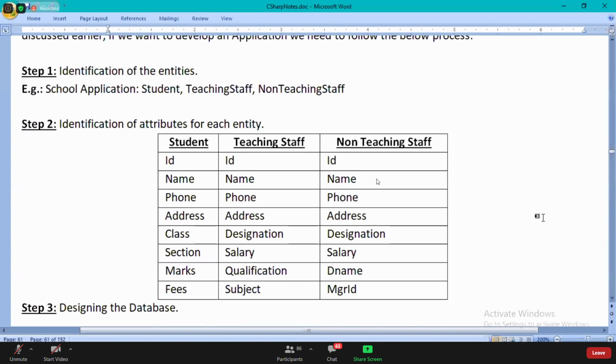Okay, guys? Fine. Very well. Now, the very important point here is we can define all the 8 attributes here. Well and good.